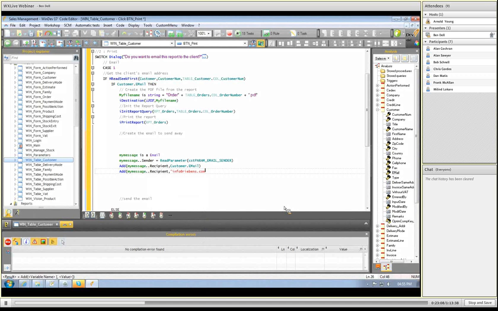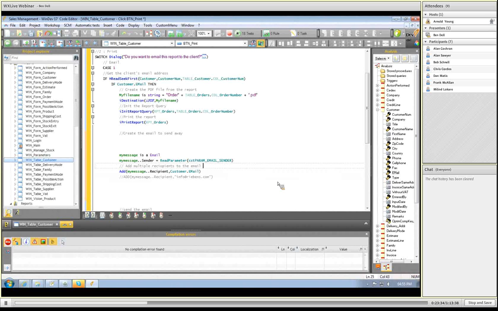Okay, so now my message will go to two people. It will go to the customer, and it will go to me so I can see what's happening. Now in this instance I'm actually not going to do that. I'm just going to leave the code in there so that you can see that you can add multiple recipients to the